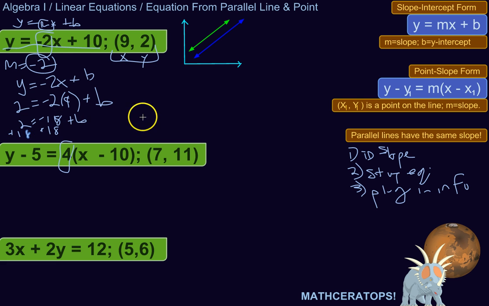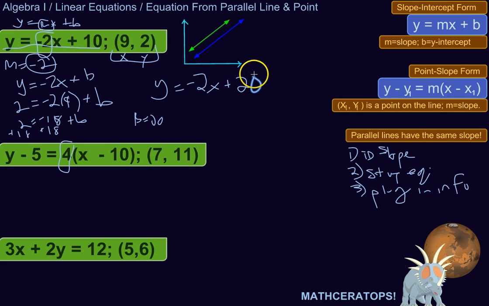So 18 plus 2 is 20, so b equals 20. So now I've got all the information I need to write the slope-intercept form of a line that's parallel to this one and includes this point. So y equals the slope, -2, times x, plus b. And for the new line, it's going to be